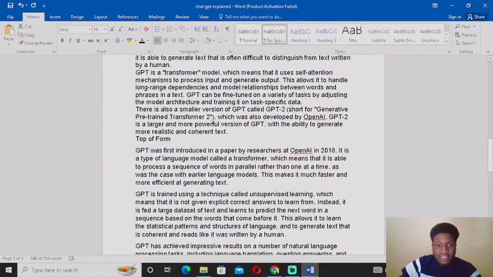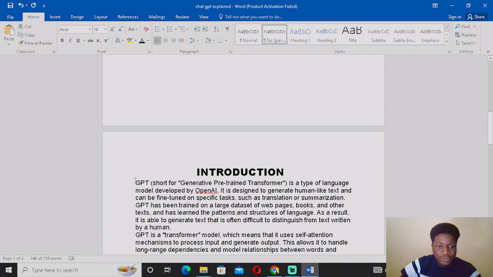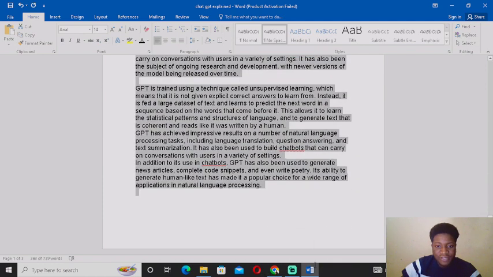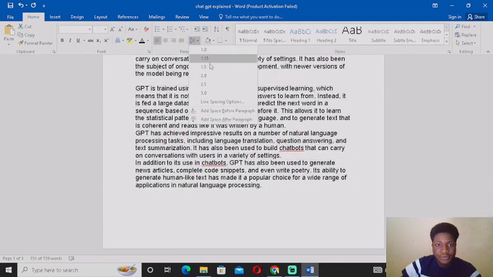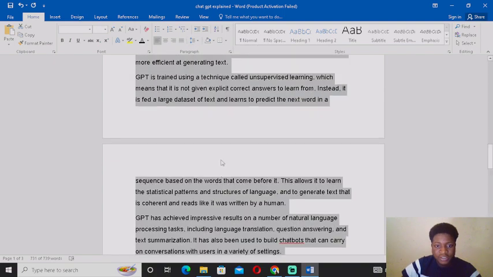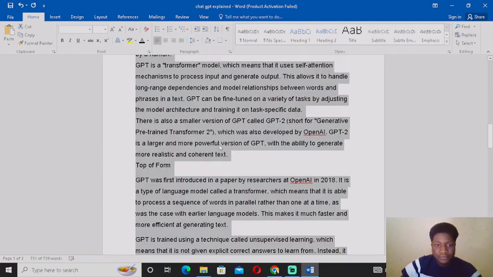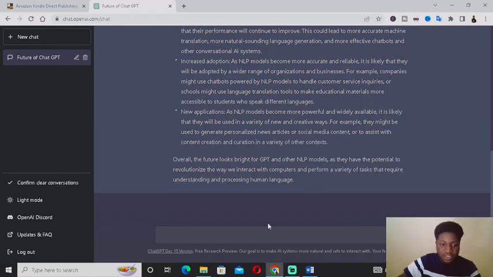Basically what I do for mine is I ensure I put the spacing of 1.5. So I'm just going to do that real quick. 1.5. Okay, good. Okay, we can just ask